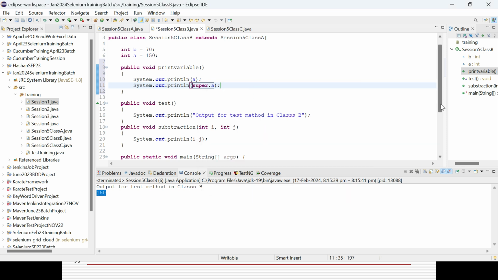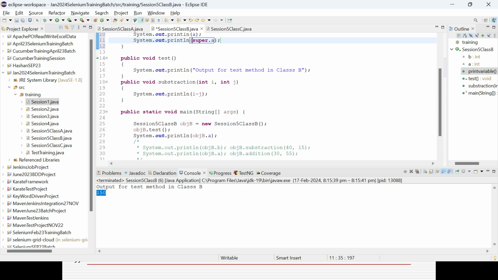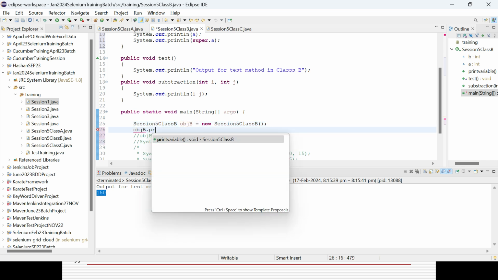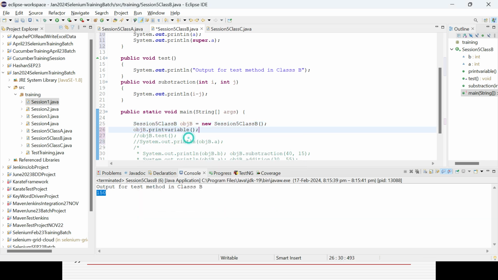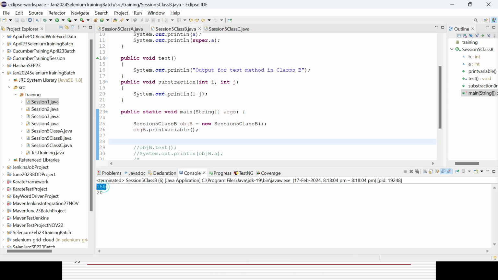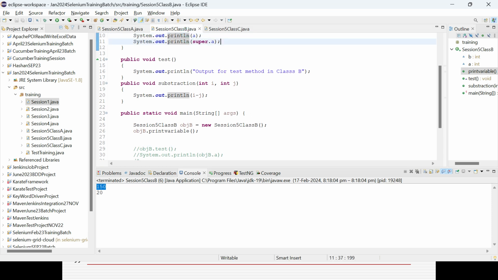Now what I can do, I can just comment out with the help of the object. I can call that print variables, right? So what will it print out? It will print both the variables, right? First one is 150, which is coming from the child, and now with the help of super, I can